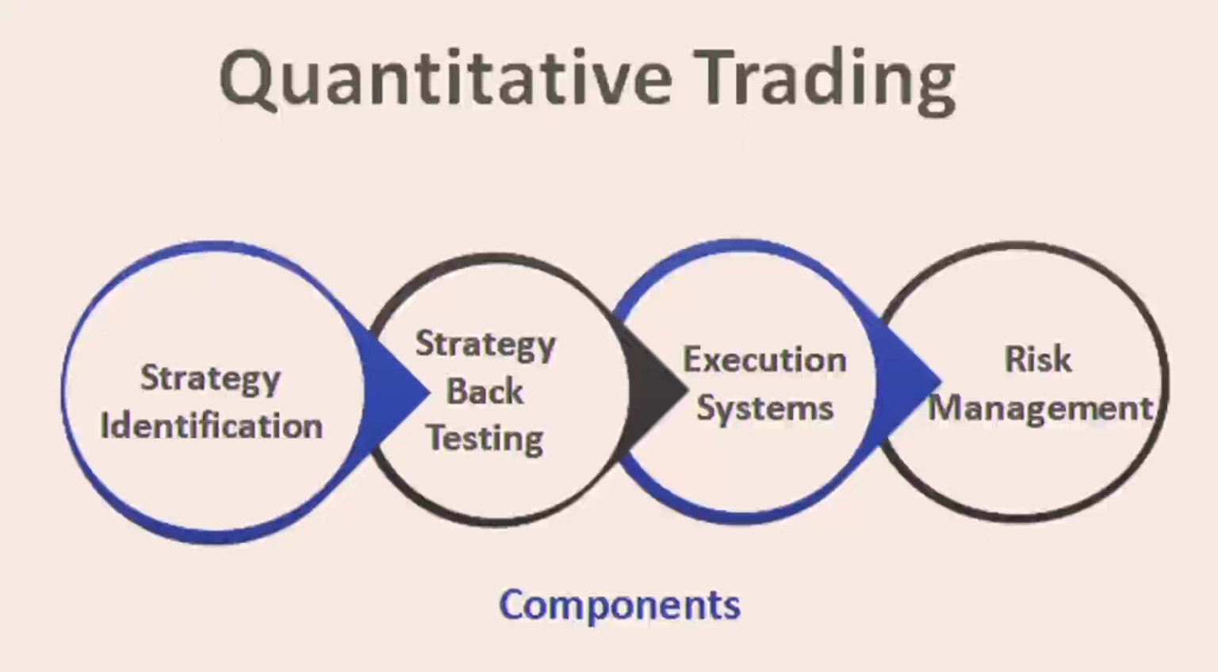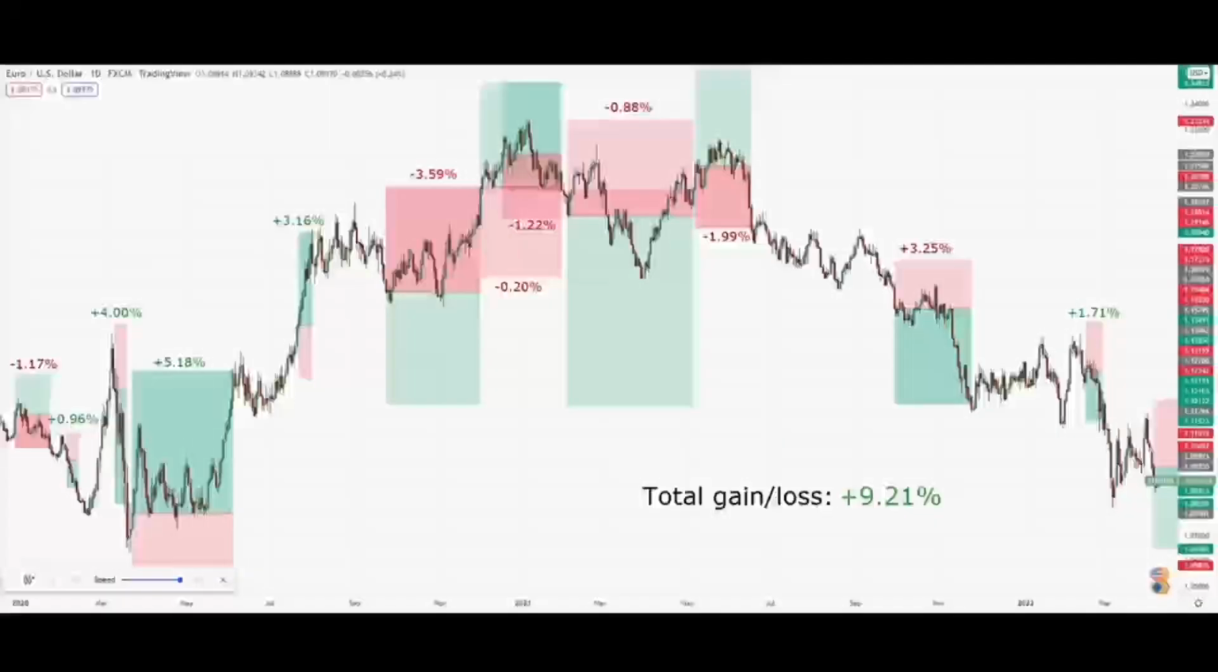There is a risk of over-optimization, where the strategy is too closely fitted to the historical data and fails to perform well in new market conditions. Quantitative trading strategies may not account for unexpected events or human behavior, which can impact market trends and disrupt the effectiveness of the strategy. That brings us to